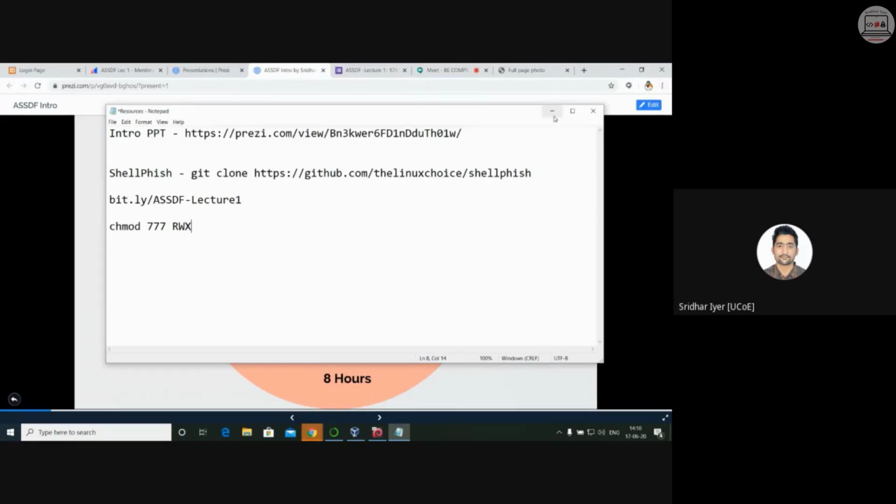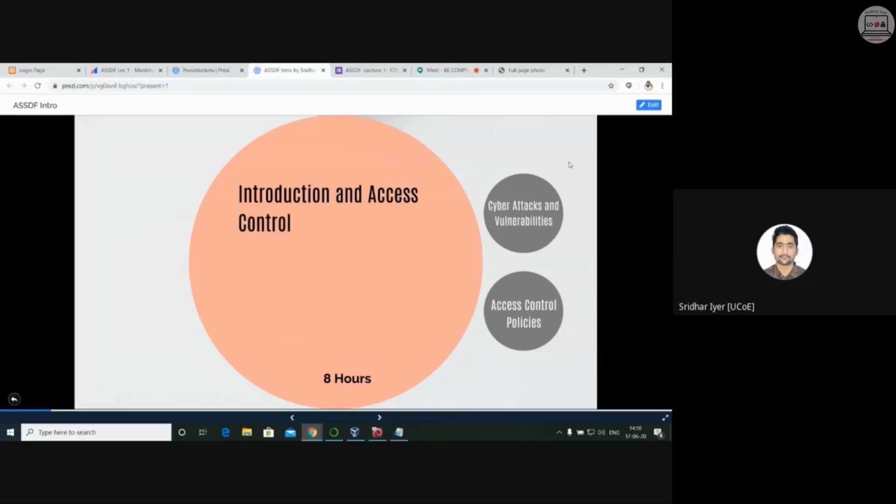Clear? So I'm just starting with this particular subject. So I may be asking few questions out of the syllabus. So be prepared for it, as I always do. So access control basically consists of two things: authentication as well as authorization. I've already discussed it in the previous semester. What is authentication? What is authorization? Now you might be aware of it. Yes or no? Authentication and authorization.